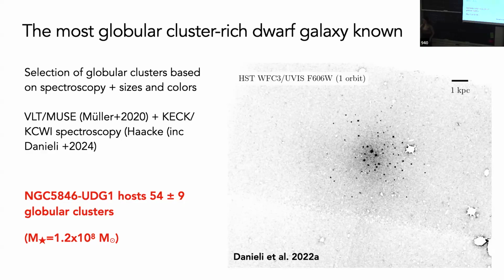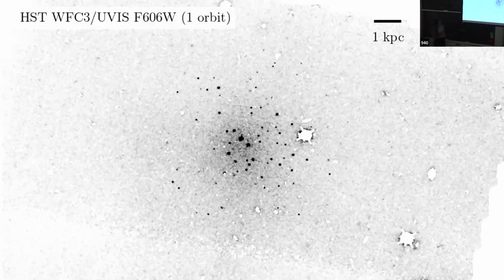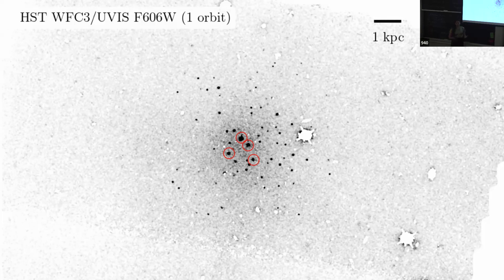But in the context of dynamical friction, look at this thing again. Now I'm showing the same galaxy, but I masked from the image everything that is not related to the galaxy, so you can see this beauty. And then what you will see is the most massive clusters are at the center, right? Like we would expect from dynamical friction. I saw it and I was like, whoa, we're seeing dynamical friction by eye in this galaxy, because it also has so many clusters, right? So that was the first example that I saw, which gives you this really clean view.